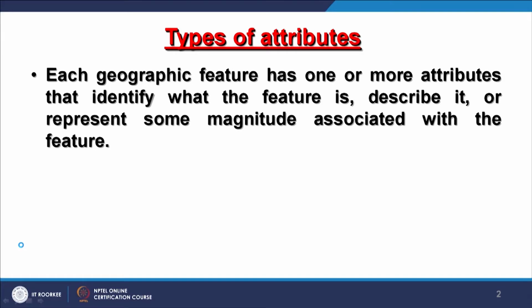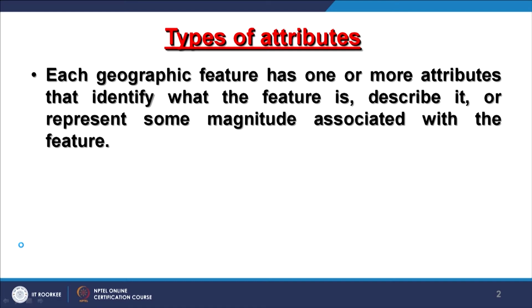As you know, each geographic feature can have one or more attributes. Vector entities, point, line and polygon, can theoretically have n number of attributes, but a raster can have only one type of attribute. A TIN can have many, because, say, a triangle can have them. This is how the data structures are. So, when we talk about attributes and types, mainly we are discussing the attributes associated with vector files.